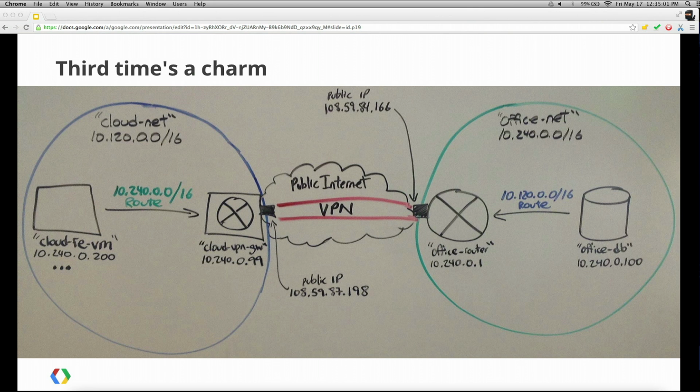Now this addresses those three problems I claimed from the last slide. First of all, now the number of VPN tunnels scales with the number of packets per second that you want to send over it, not the number of users. So you can probably get away with fewer tunnels. The second problem it addresses is that now those client VMs can be totally stock. They don't know anything about the VPN. They can just dump packets on the network, and the network will figure out where they're going based on the